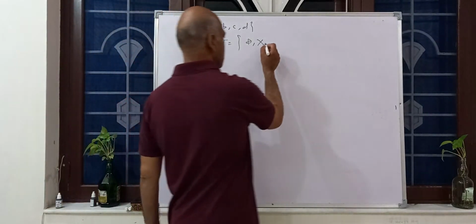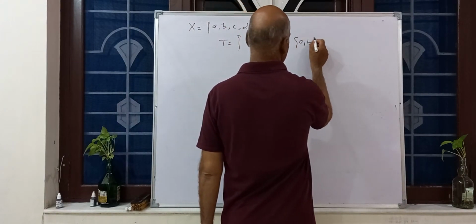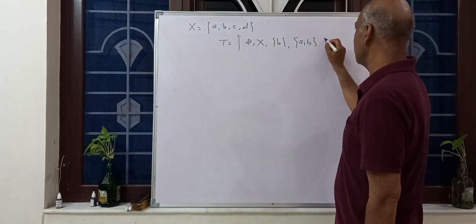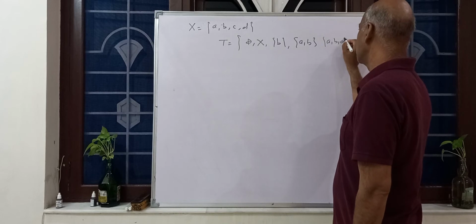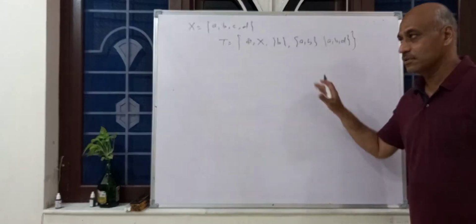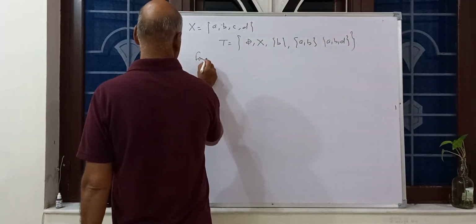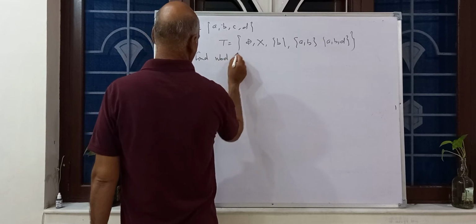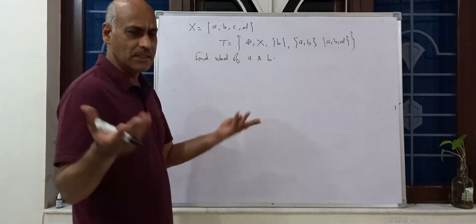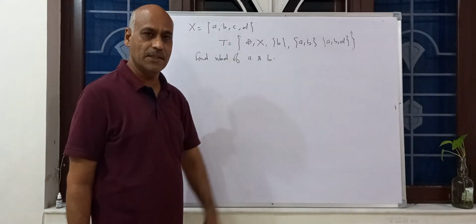And suppose the other members are {B}, {A, B}, and so on. So this is a topological space. Now we have to find the neighborhood of A and B, or C and D, you can take. So we will find the neighborhood of A and B, and C, D you can find